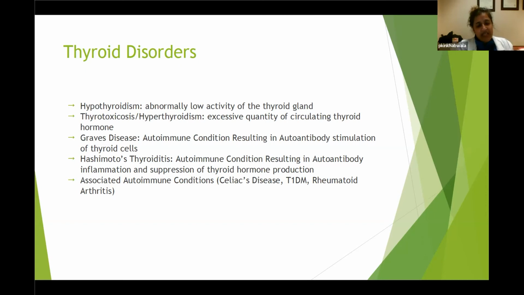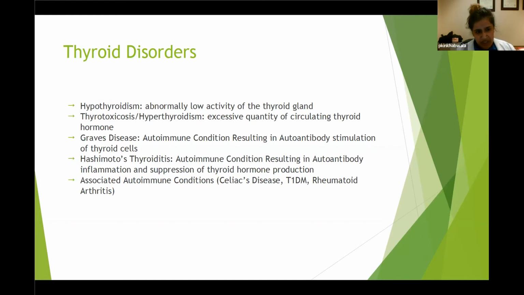You don't necessarily have to have strictly hypothyroidism with Hashimoto's or hyperthyroidism with Graves'. Sometimes that antibody activity can cause either an initial hypothyroid phase before the hyperthyroidism in Graves' disease, or an initial hyperthyroid phase and then decreased thyroid hormone production in Hashimoto's disease. That just depends on how those cells are reacting to the inflammation. But generally, Hashimoto's will result in underactivity, and Graves' disease will result in increased activity of the cells